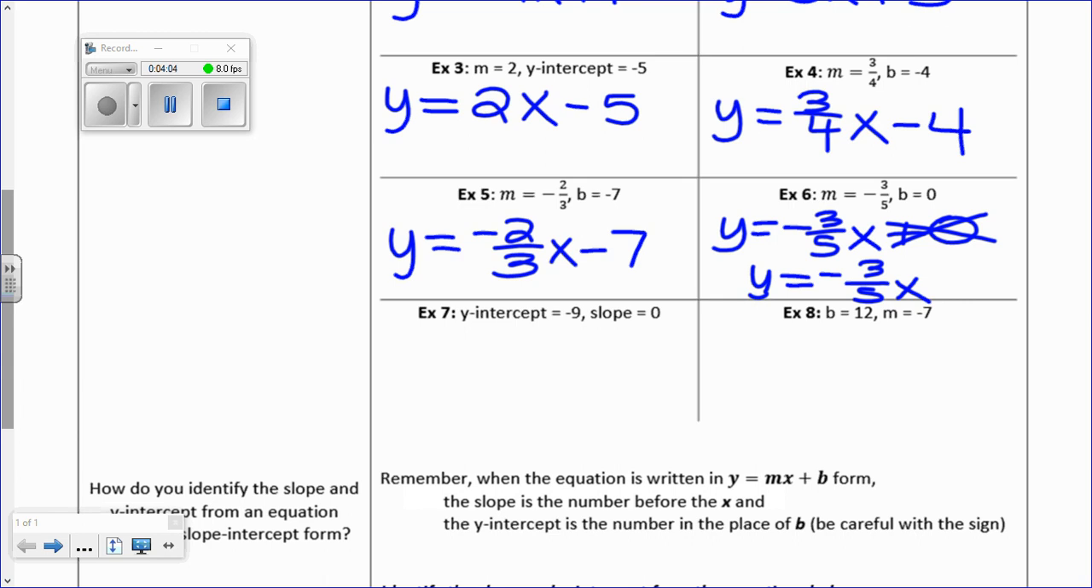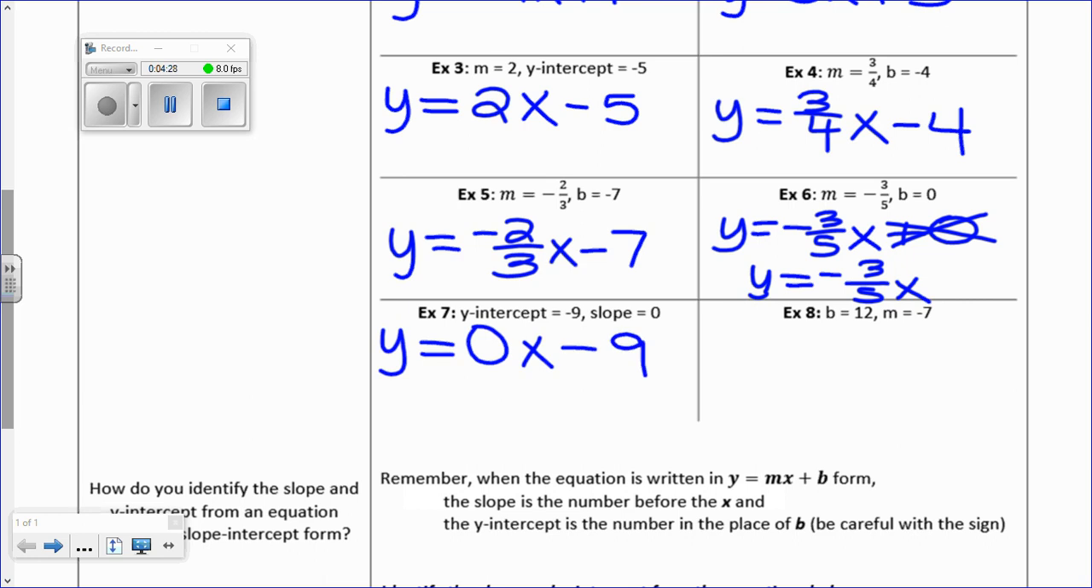All right, so be careful in number 7 because it's written backwards. So the y-intercept is -9, but the slope is 0. So let's think about the type of line that has a slope of 0. So if we fill this out, we get y equals, still the same way, slope is 0, x, and a y-intercept of